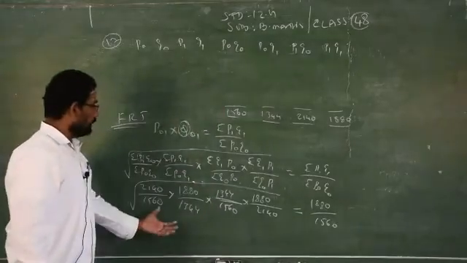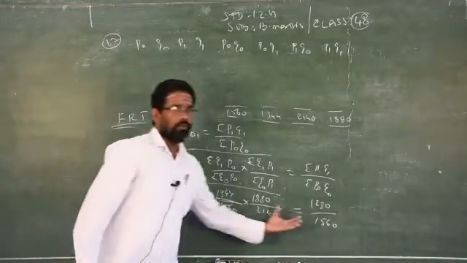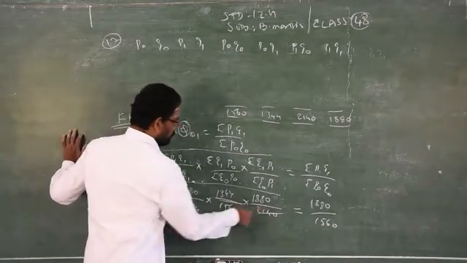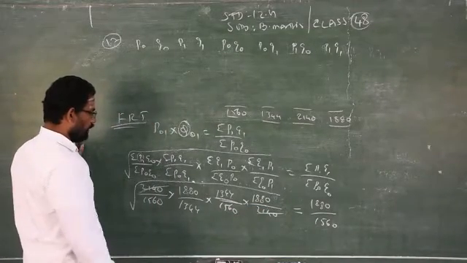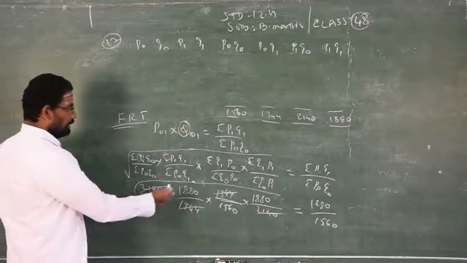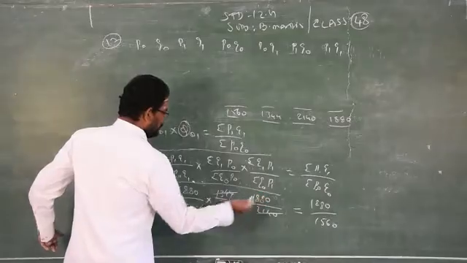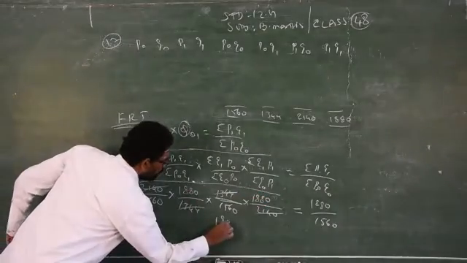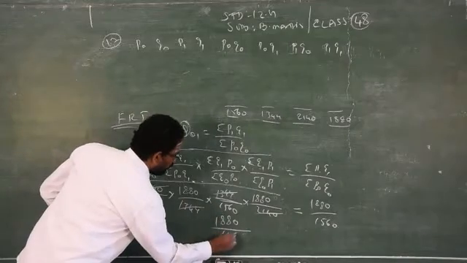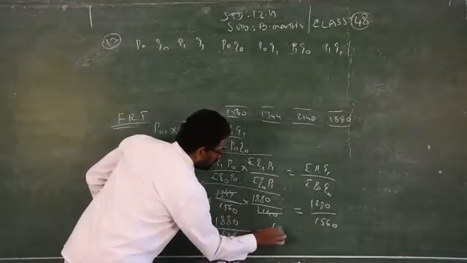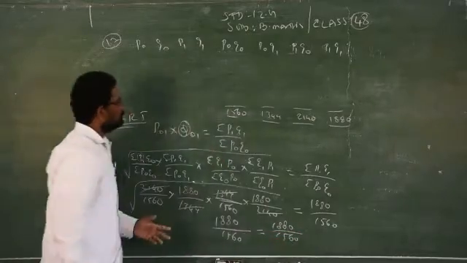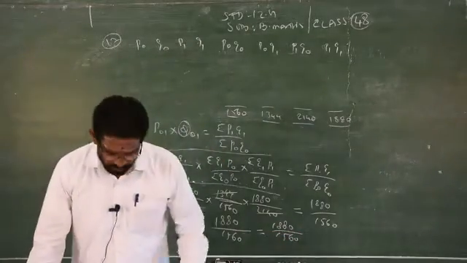You have to show that the right side will be equal to the left hand side. So what are the terms that get cancelled? 2140, 2140, then 1560, 1344. What are left? 1880, 1880. Out of these two, you have to take one as a common pair because it's a square root. Out of these two, you can take one. So you will get the same as the right side. Hence proved. So factor reversal test is satisfied.